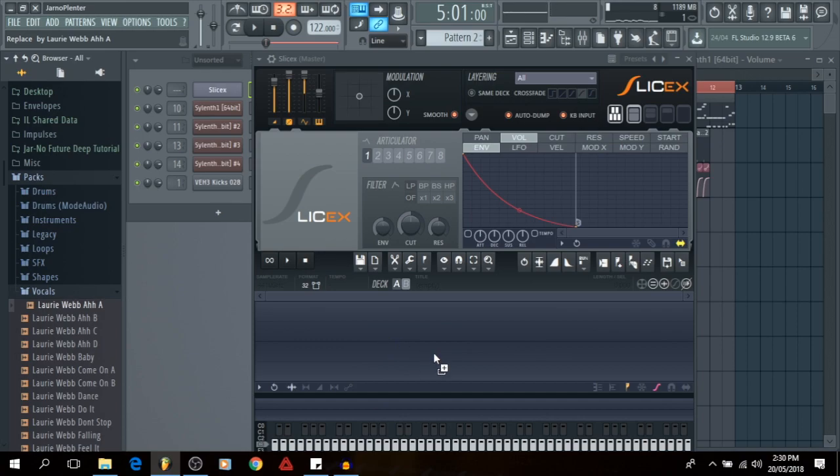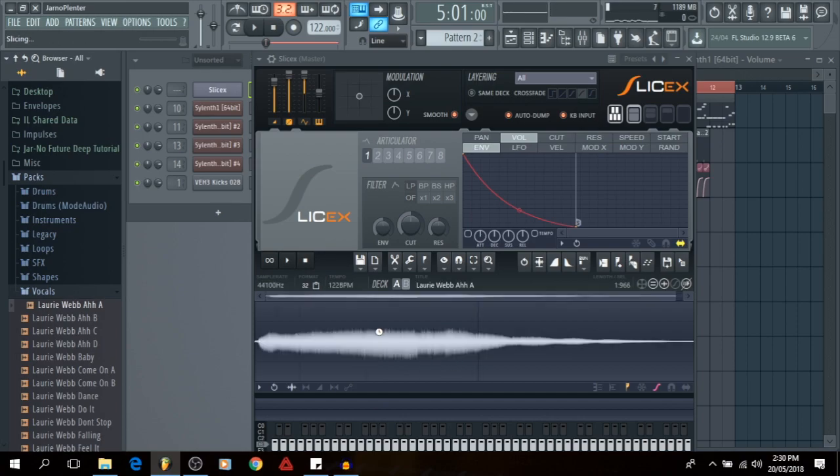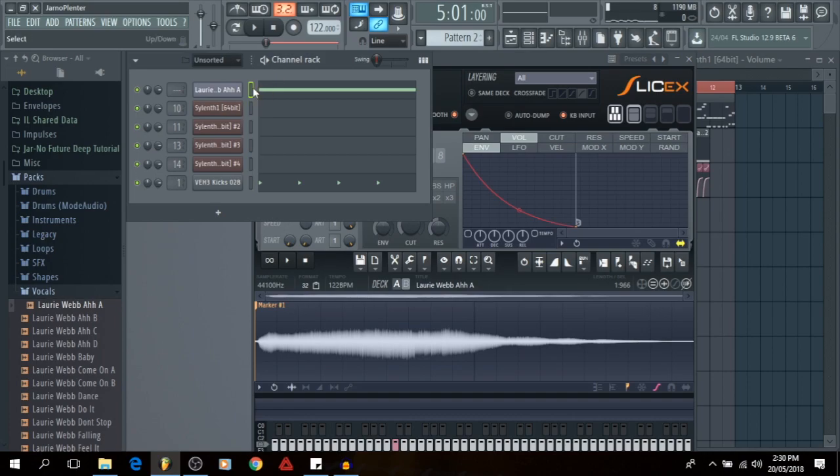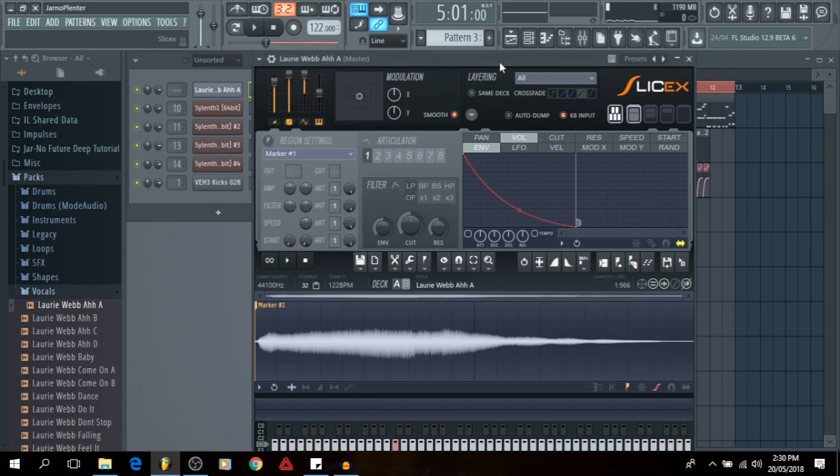Drag that right into the sampler section here and drop. First thing that you do after that is turn the auto dump off, otherwise it creates a bunch of markers, and just delete anything that's appeared inside the playlist. Okay, we're going to go and add a new pattern in here, and this is where things get a bit